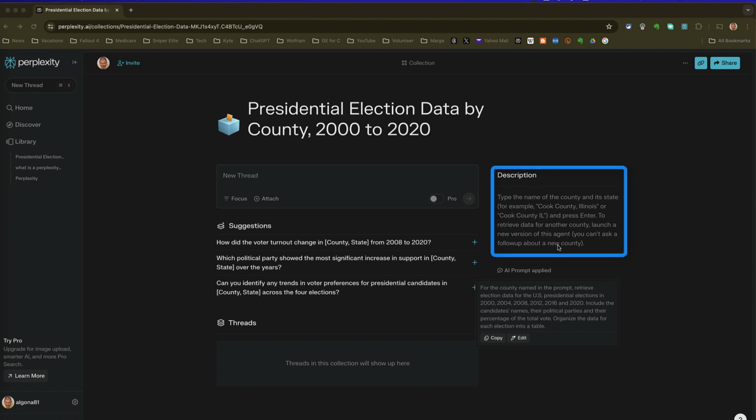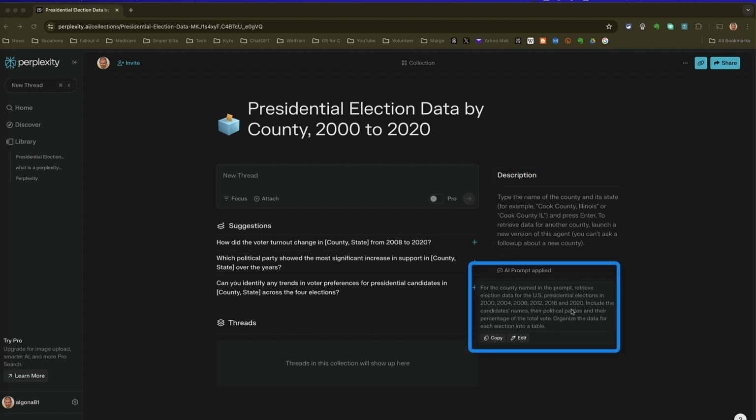Over on the right, you've got the description, which is type the name of a county and its state and press enter. And that's all the user has to do. And then here's the AI prompt for the agent. It says, for the county named in the prompt, retrieve election data for the U.S. presidential elections in 2000 through 2020. Include the candidates' names, their political parties, and their percentage of the total vote, and organize the data for each